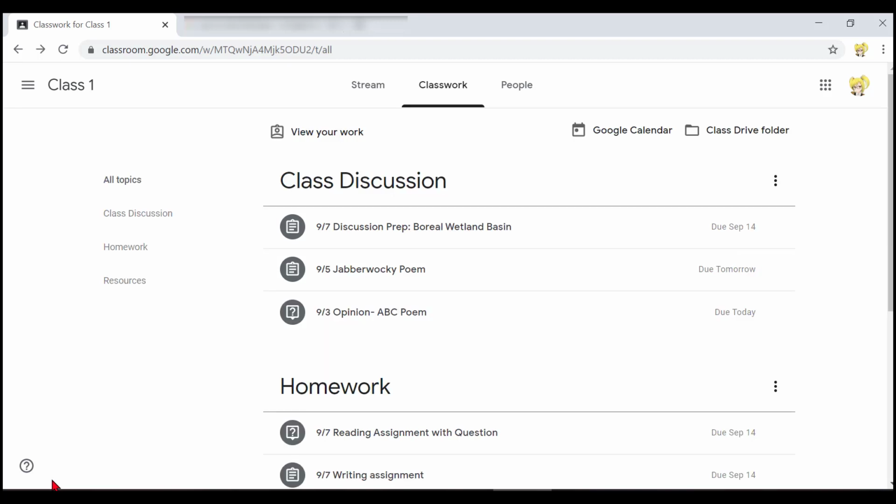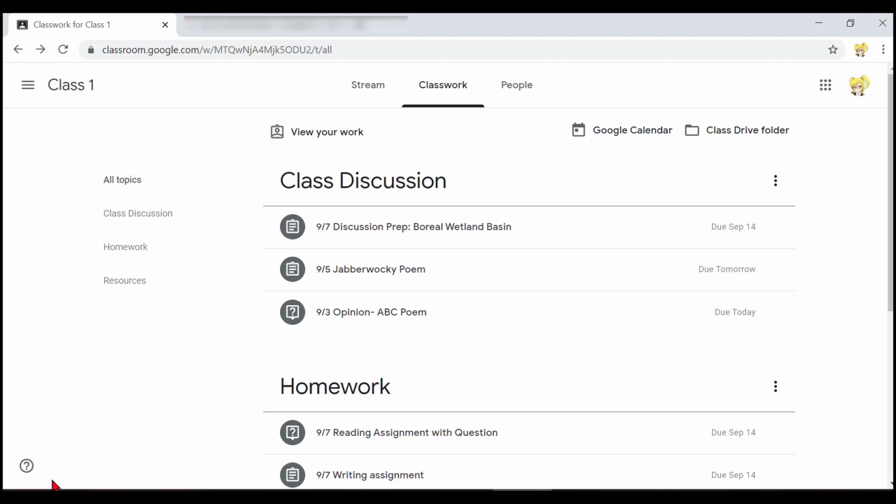Now let's explore the Classwork tab. Like most pages in Google Classroom, the key to finding something is to first go to the heading you want, and then you can view the details of items in that heading by pressing the down arrow. When the Classwork tab first opens, all topics are listed on the page. Each topic has a list under it with all of the items in that topic, and that list is